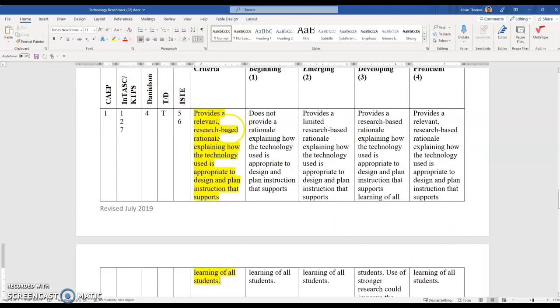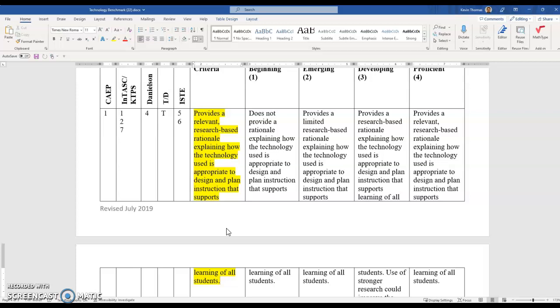It provides a relevant research-based rationale explaining how the technology used is appropriate to design and plan instruction that supports student learning. When I look at this, what I see, research-based rationale explaining how the technology is used is appropriate, I immediately think TPACK. So obviously at the beginning of your paper, you're going to have an introduction. That would be a great place for you to cite